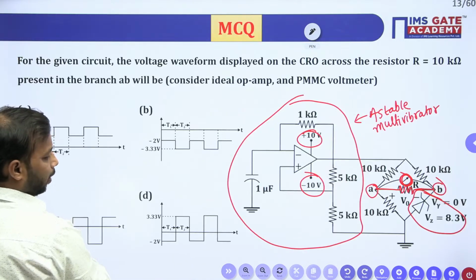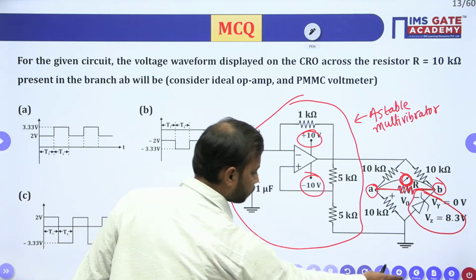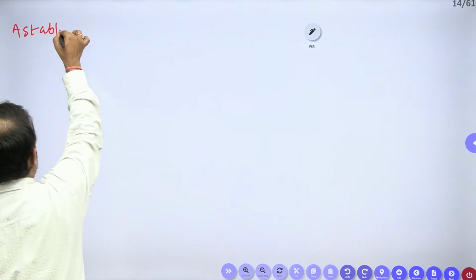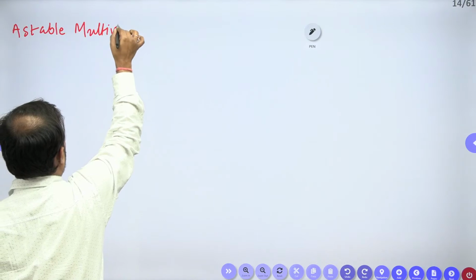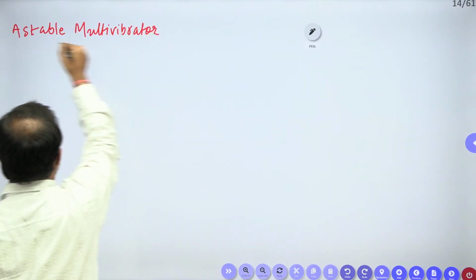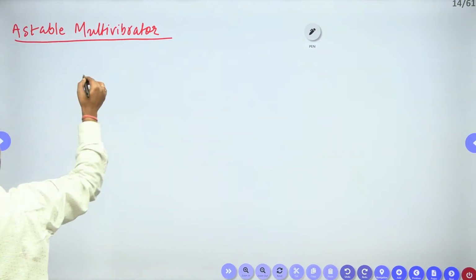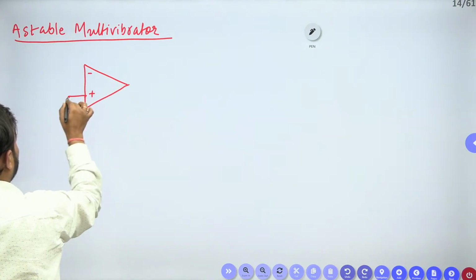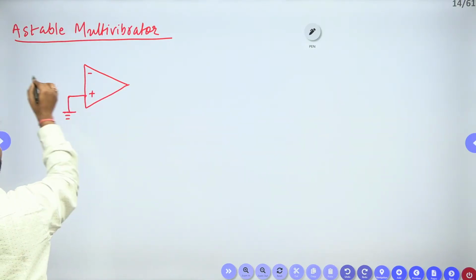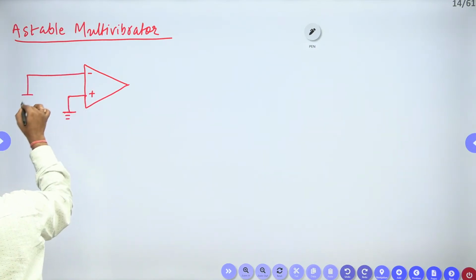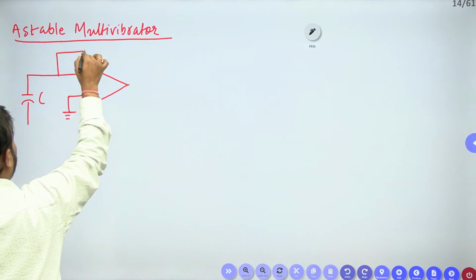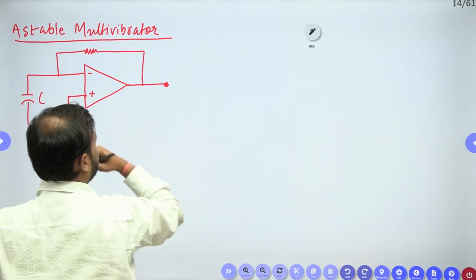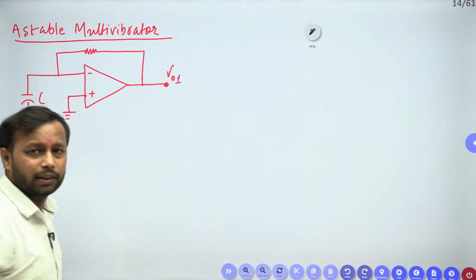Before that, let me add one page. Unstable multivibrator. So we have a diagram like this: minus, plus, this is grounded, and we have a capacitor over here like this, and a resistance here, and this is the output, let us say V01. This is the output of